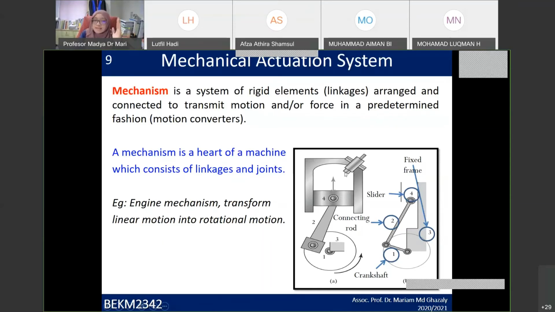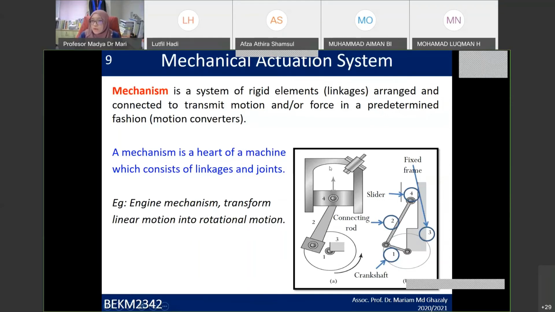So the slider will be moving up and down, up and down. So it's going to convert from rotary motion to linear motion. Okay, so when you start your engine, it's going to rotate and this slider will move up. At this point, air is being sucked into this compartment. Okay, and when it rotates again, the slider is going to push back up,